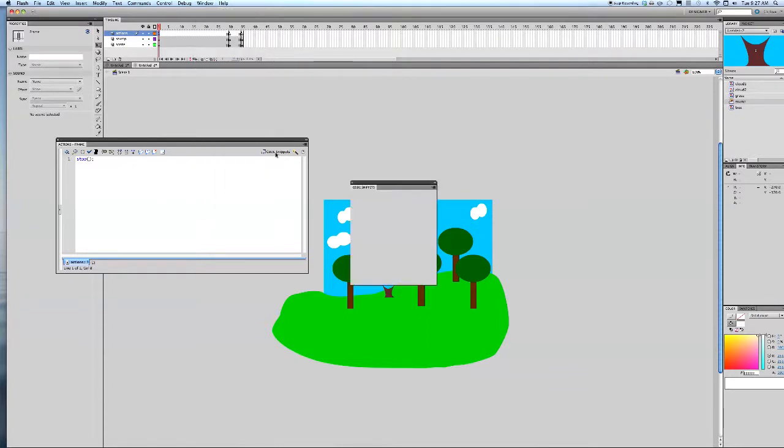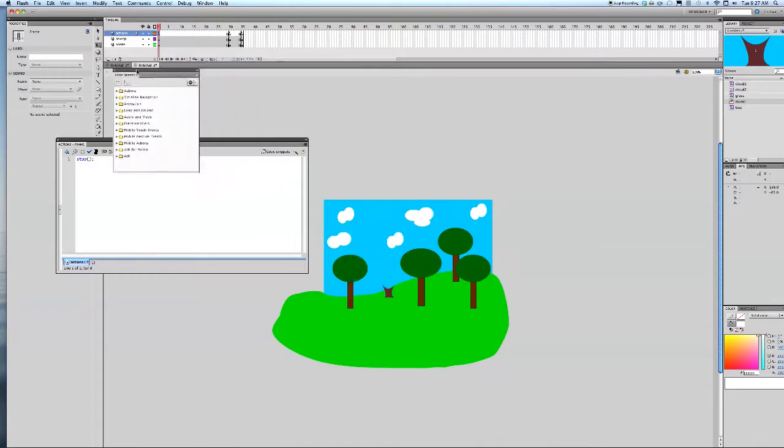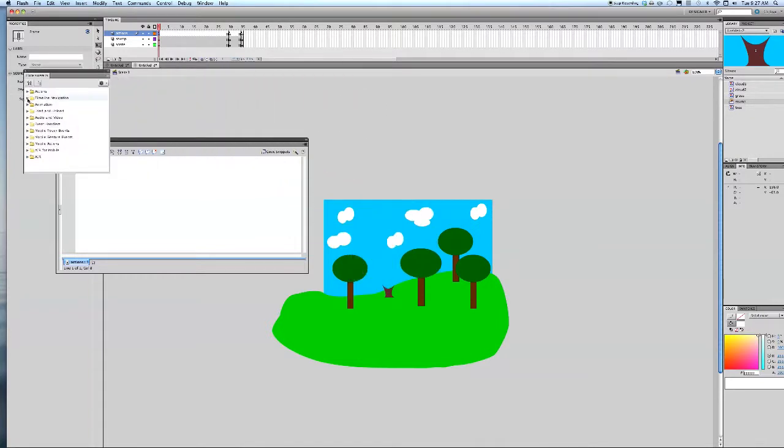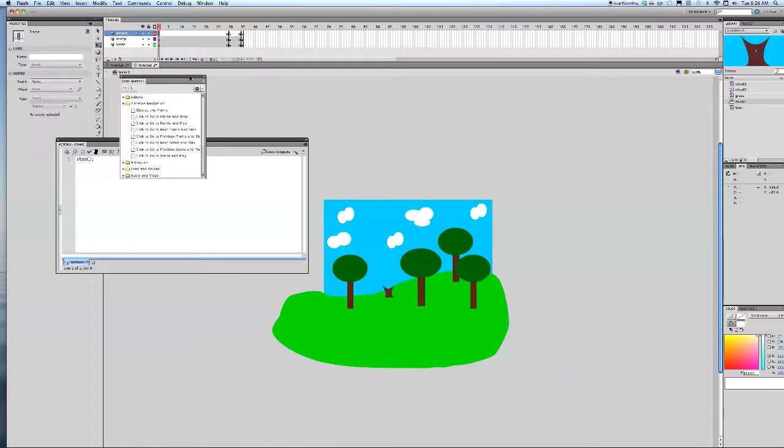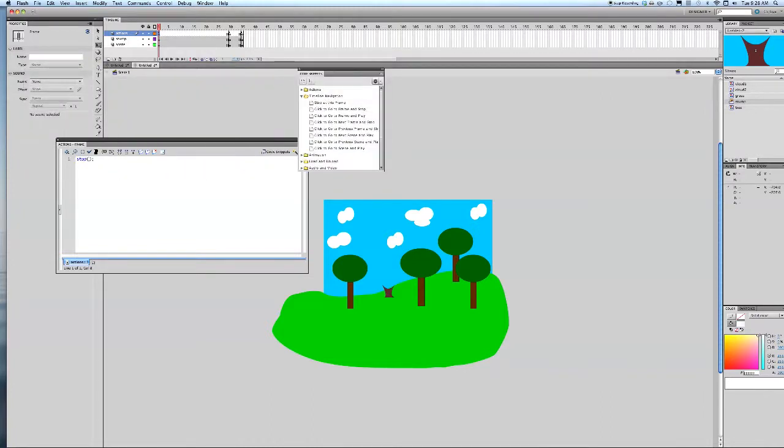Okay, so I'm going to click on Code Snippets, and there's a bunch of things in here. We're going to go directly to this timeline navigation. And you can see here that this right here is just what we did by typing. It creates this bit of code. We're going to use this go to frame and stop as our code. Okay, so we're going to double click on this,